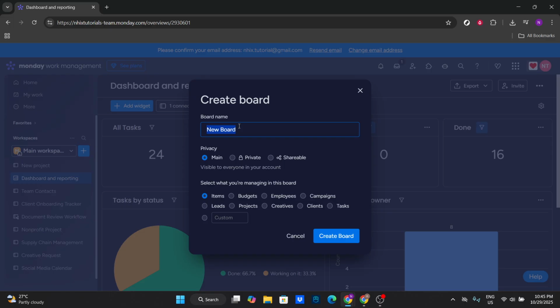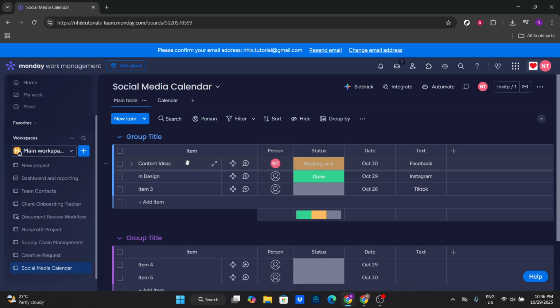With the board created, let's move on to organizing it. Start editing the group titles. Groups function like categories within your board and help segment different areas of your workflow. Consider adding groups such as content ideas, InDesign,